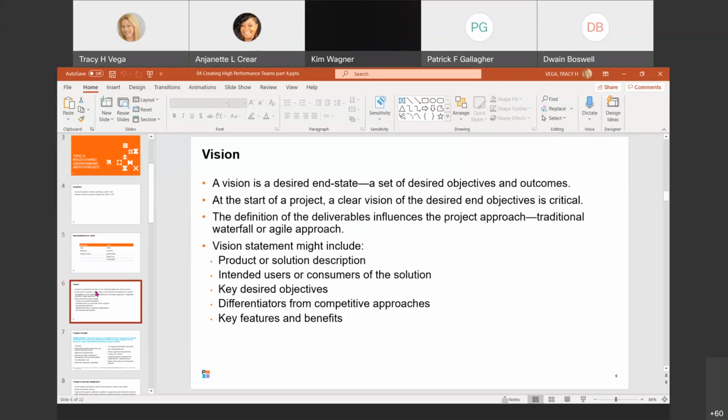All right, so a vision is a desired end state. It's often described as a set of desired outcomes, objectives and outcomes. When we have a new project that's commenced, it's critical to have a clear vision of the desired objectives. Depending on how well-defined the deliverables of the project are, a more traditional waterfall approach or a more agile approach can be adopted.